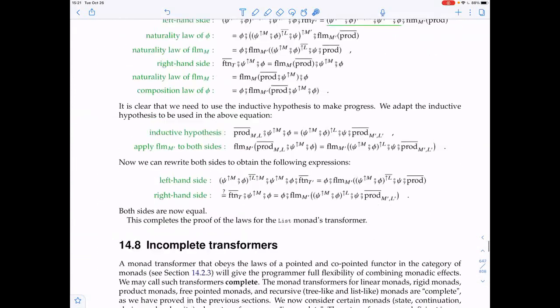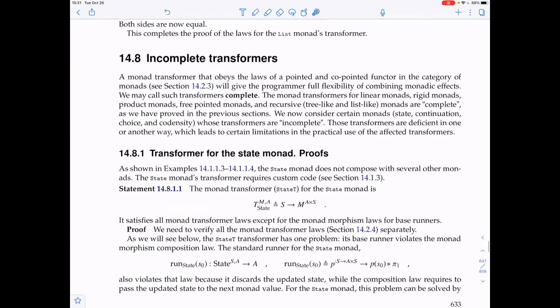So these are the proofs, and for the recursive monads, for the constructed monads, and for the linear and rigid monads, all the laws hold. So we have all the runners, we can combine them in any way. They're fully featured transformers. Now, in the next section, I talk about incomplete transformers, because the transformers in this section,